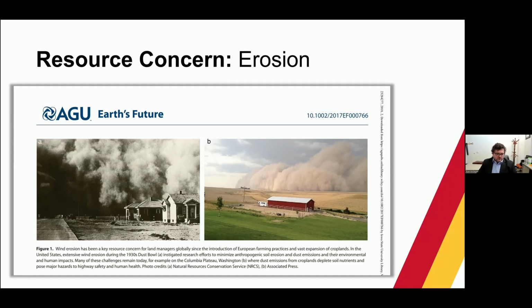Erosion, and I'm showing 2 pictures here for a reason. This really got its start back in the 1930s in the Dust Bowl. You've probably heard that on some of these talks, if not very recently. At least at some point, and even in your primary education. So elementary school kids are introduced to the Dust Bowl and erosion topics. And this is what really motivated the formation of the SCS, now the NRCS. And you can see a picture here of the Dust Bowl, and then a picture on the right that shows that this is still occurring today. And I just like to show this because these problems haven't gone away completely. They've reduced in severity and frequency, but they still occur today.